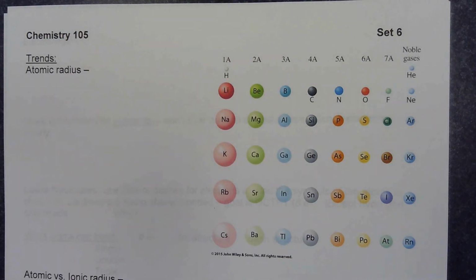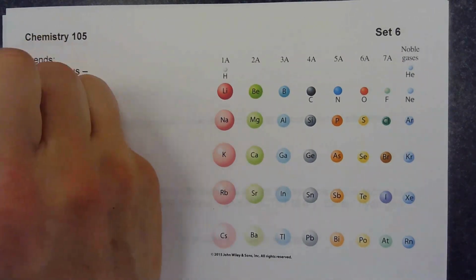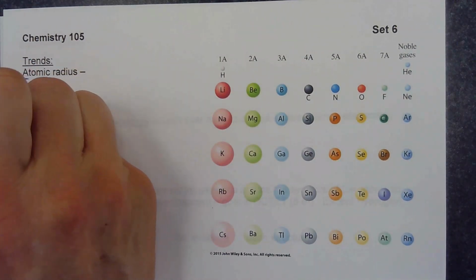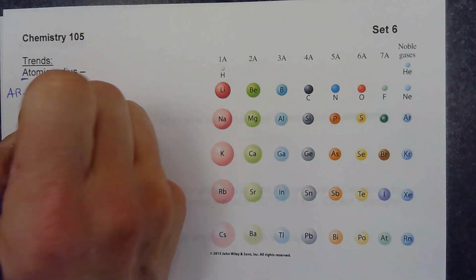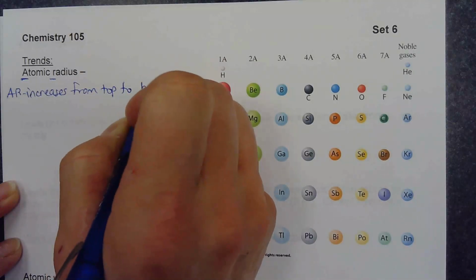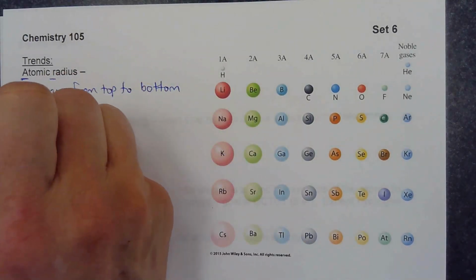So there is a trend. Now you can see the trend because I gave you the picture. What's the trend? Down a family or down a group, what's the trend? Down. Bigger. So the trend is atomic radius, and I'll put AR. Atomic radius increases from top to bottom in a group